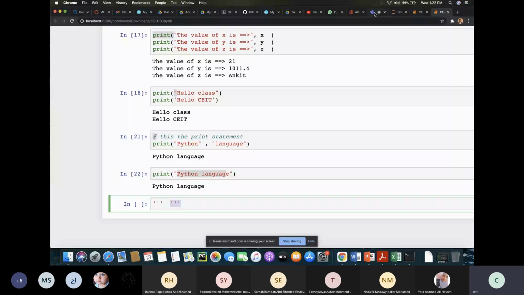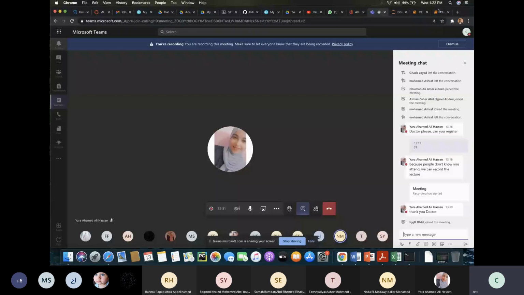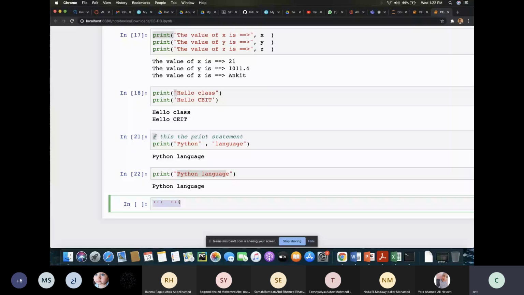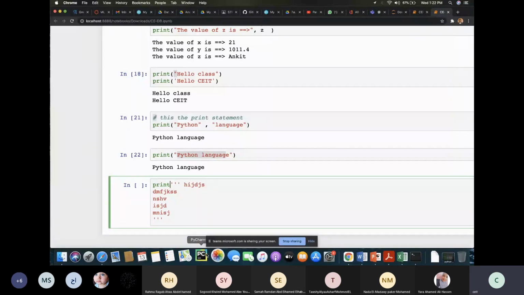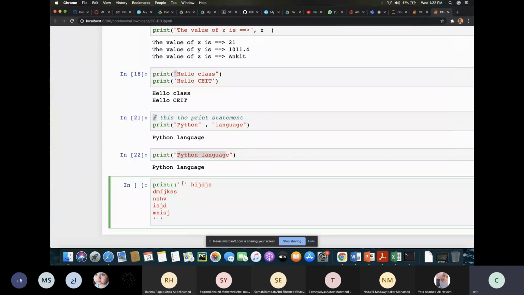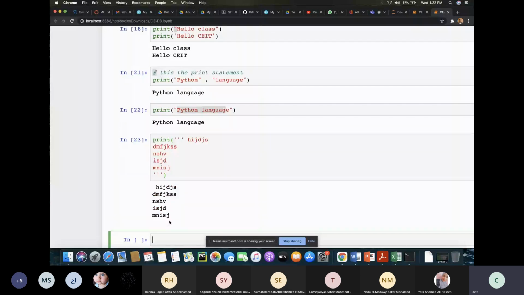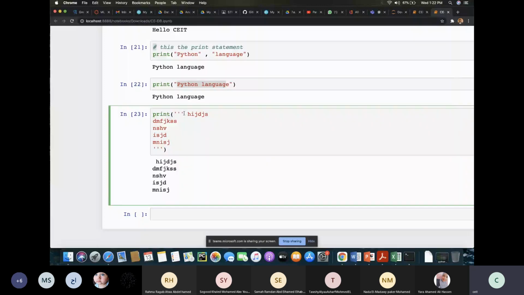In this one you can use whatever you want, like hi. The values you print will be the same. So I am using print, putting a comma, and after that you can use the values, and as they are, your values will print over here. If you are not using these three symbols, like three brackets or colon comma, your statement will print on a single line. If I'm using it like this,